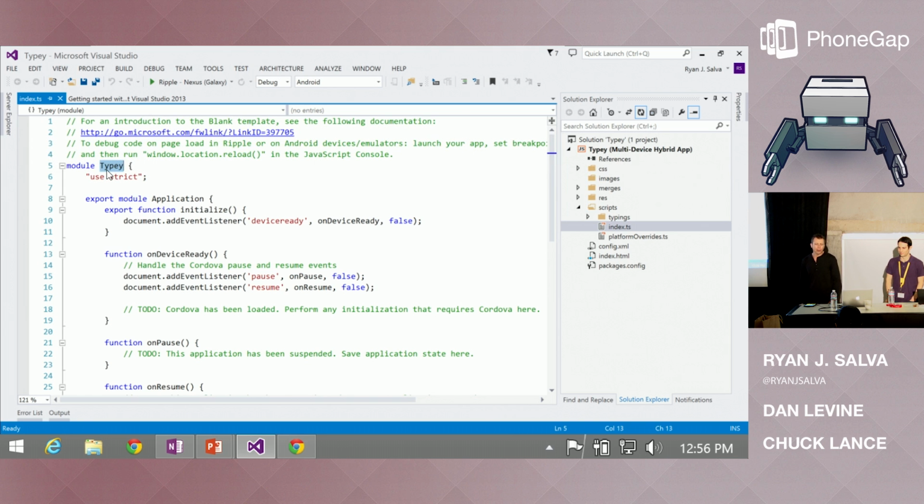This looks an awful lot like JavaScript. This is not the kind of thing where there's a really high learning curve to move from JavaScript to TypeScript. It's actually pretty gentle, and since it is a superset of JavaScript, you can write just plain old vanilla JavaScript inside of any TypeScript file, and it will work just fine. And you'll in fact notice, if you look carefully, that's pretty much all we've done here.